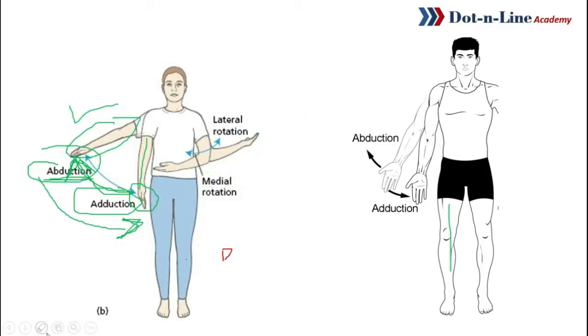And opposite of lateral rotation will be medial rotation. When you bring that laterally rotated hand back towards your medial body, the humerus will rotate medially, so it will be a medial rotation. Okay,